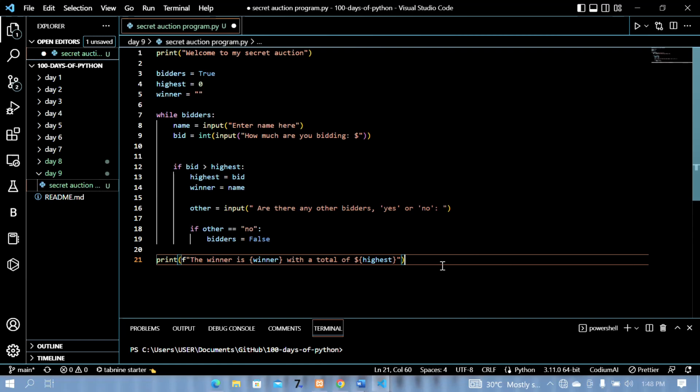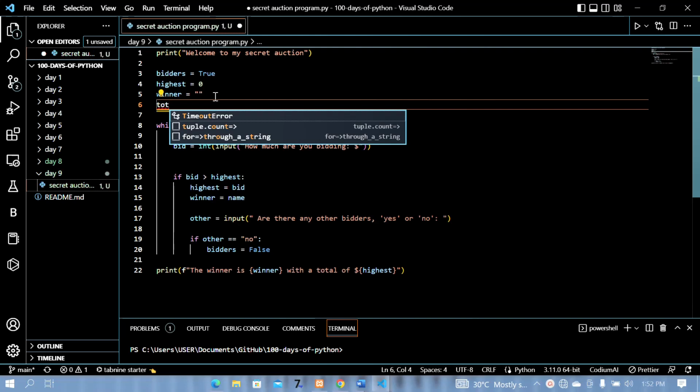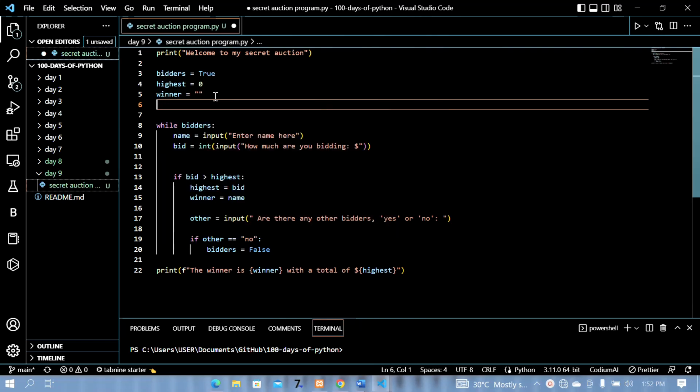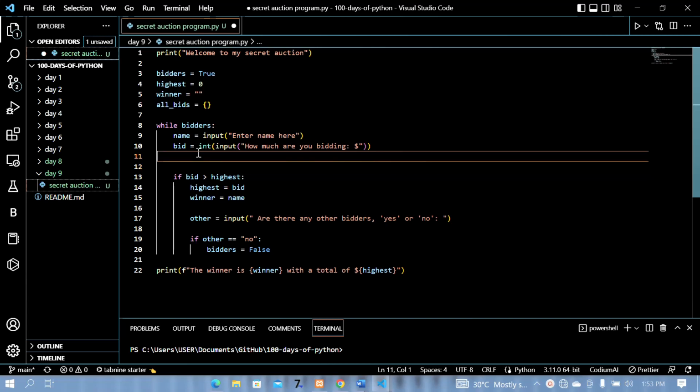All right. So let's save it and let's run our program. All right. So let's just add a dictionary, just because we're working with dictionaries. Let's just say we have total bids or all bids, I don't know. It's just going to be a dictionary. Then if you want to assign to it, it's just like when you assign a variable. You call it the same way you call it when you want to print it, and you assign the value you want to assign to it. So here, immediately after I receive the input from the user, it's now going to be